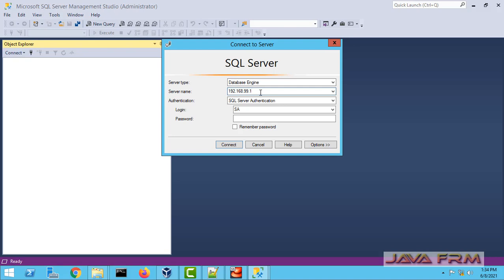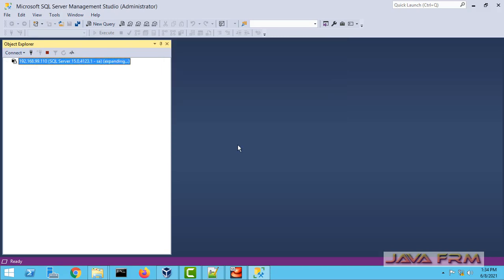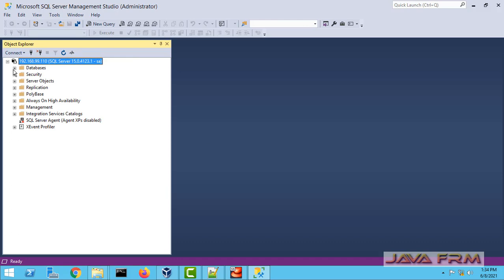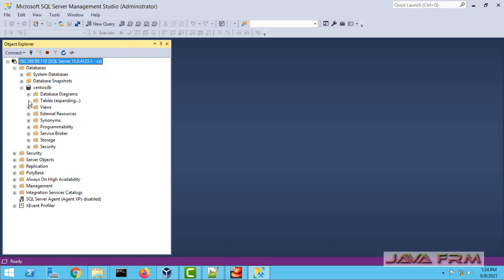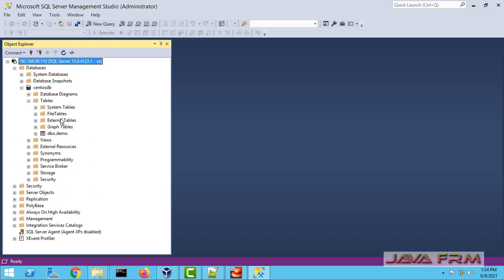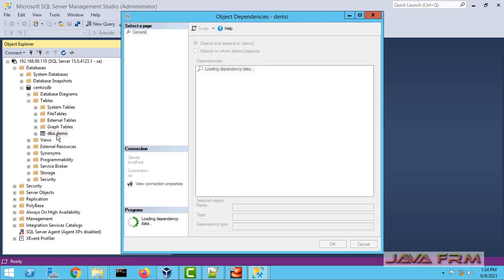So I am giving the IP address of the CentOS 7 machine, username and password. Yes, so I am able to connect to the SQL Server instance running on the CentOS 7 operating system. I can access the database, tables, etc. So let me select.